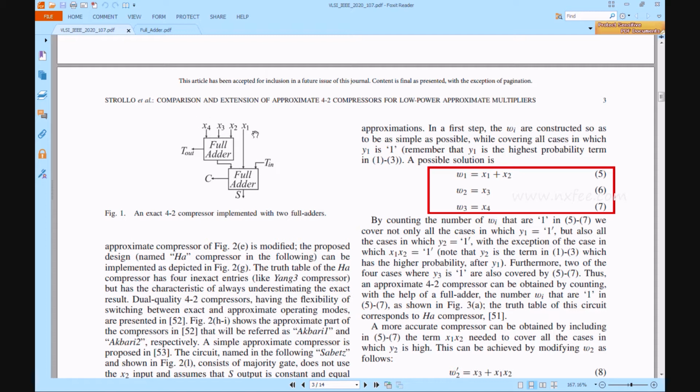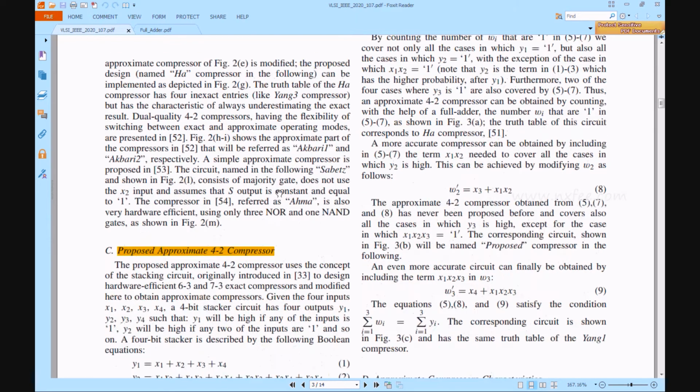So totally this will take a larger logic area. This full adder will contain 5 logic gates. Two half adders, where one half adder contains 2 logic gates, and one full adder contains 5 logic gates. So overall 10 logic gates will be taken in this exact 4:2 compressor. Now we can verify the proposed design.